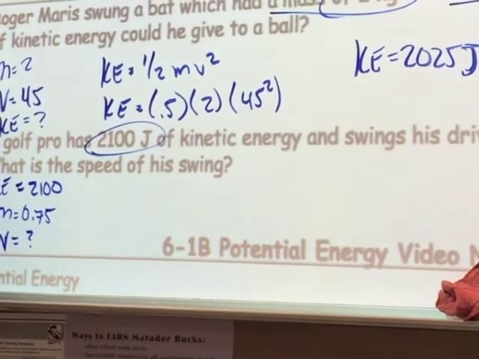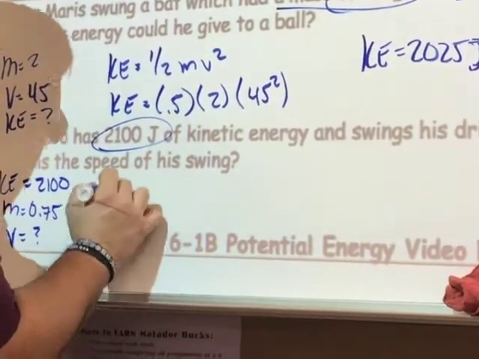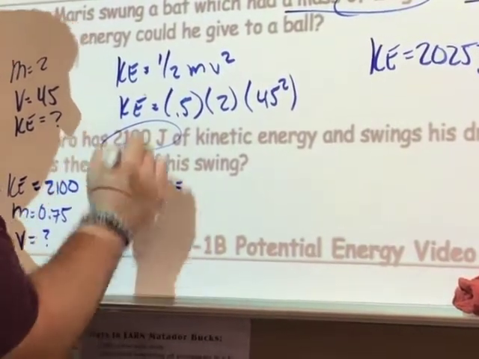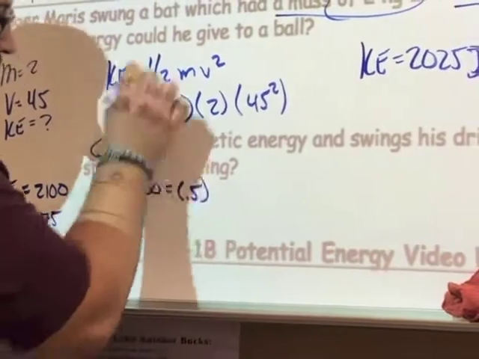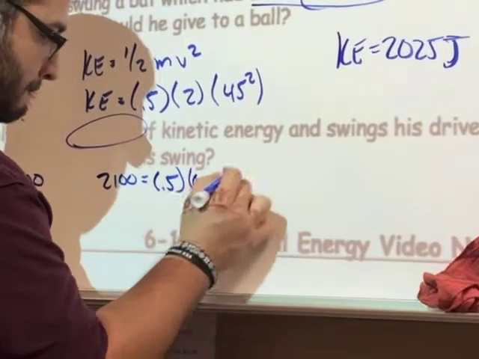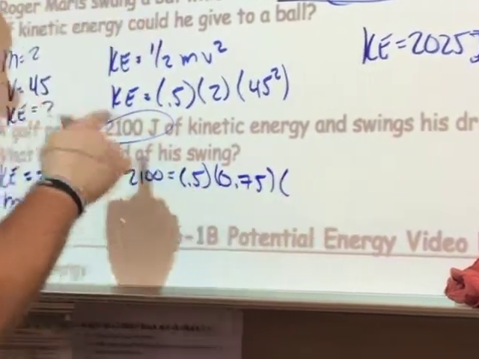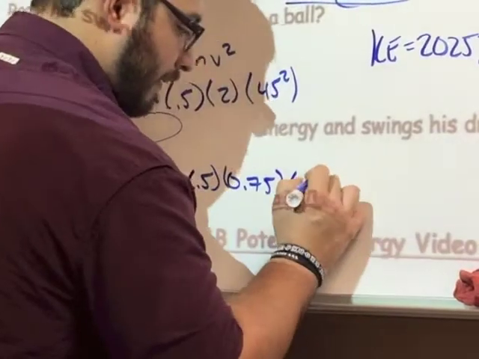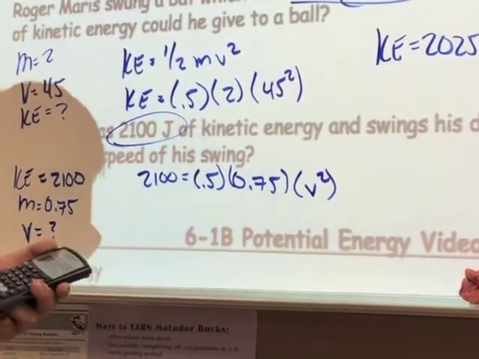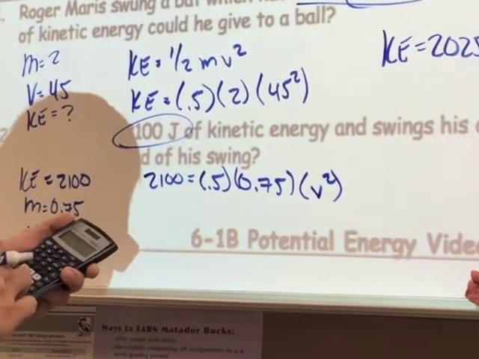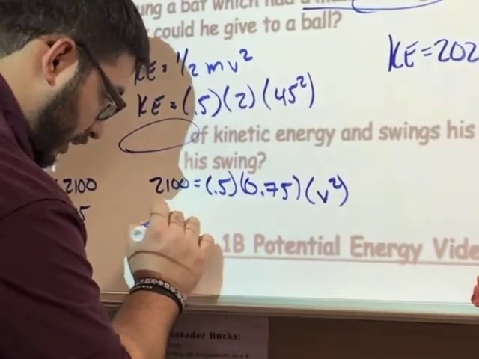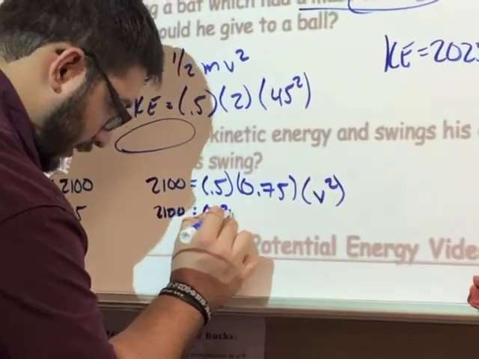We don't know that, but we can plug it into our equation and see what it is. KE equals 1/2 mv squared. KE is 2100 equals 1/2, which is 0.5, times m, which we said was 0.75, multiplied by our velocity squared. We don't know what our velocity squared is, but if we multiply these two together, we get a number. If we take 0.75 and multiply it by 0.5, we get 0.375. So 2100 equals 0.375